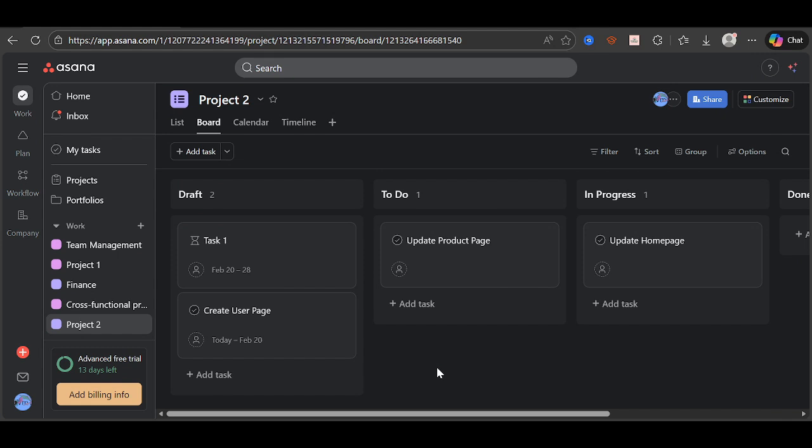First, open your project. Make sure you're inside the specific project where you want the field to live. You can be in list view or board view, either one works. It's a good idea to double check you've selected the correct project so the new field shows up exactly where